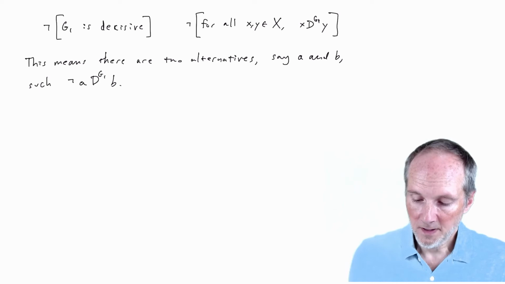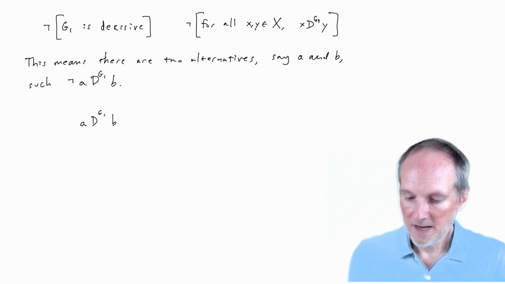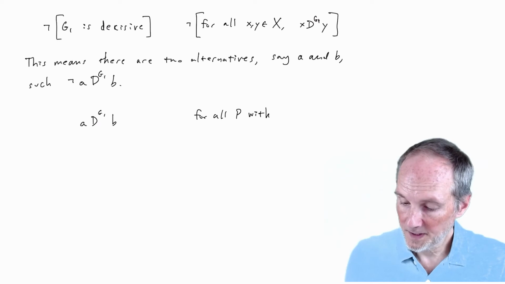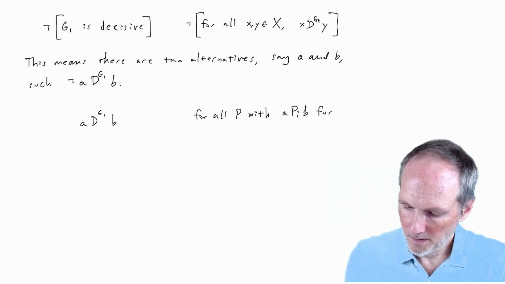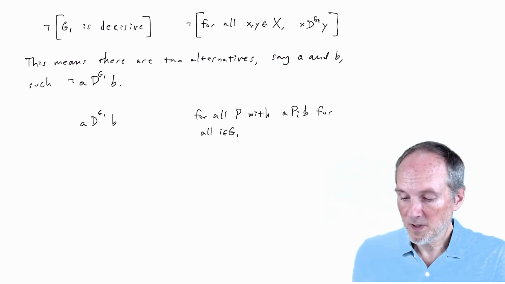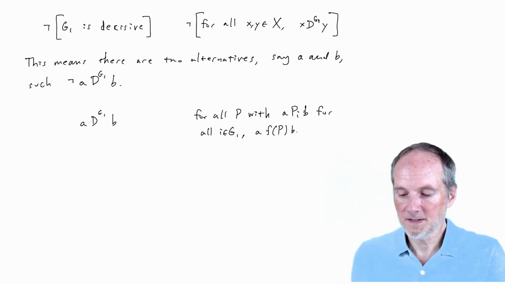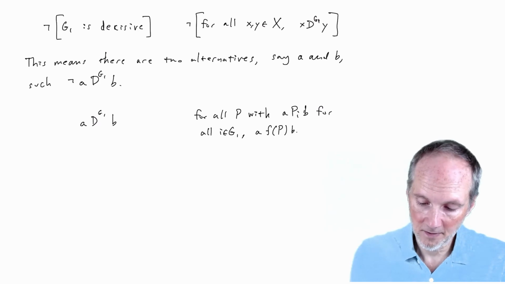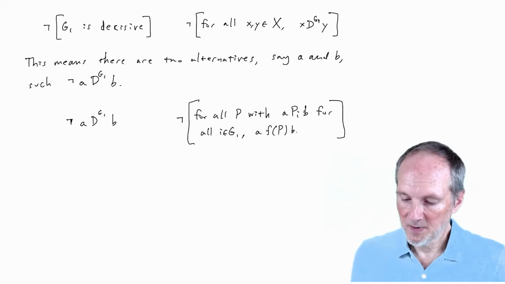And what does that mean? Well, if G1 were decisive for A over B, I'm going to take the negation of that again, but that would mean that for all profiles, such that everyone in G1 preferred A to B, A would be socially preferred to B. Okay, but we just decided that A and B are alternatives such that G1 is not decisive for A over B. So we have to take the negation of this statement, and this means